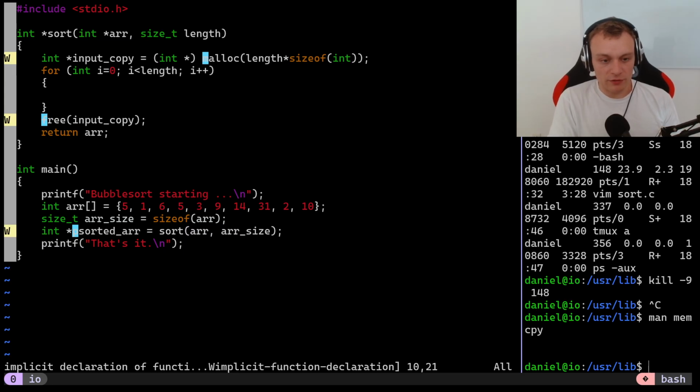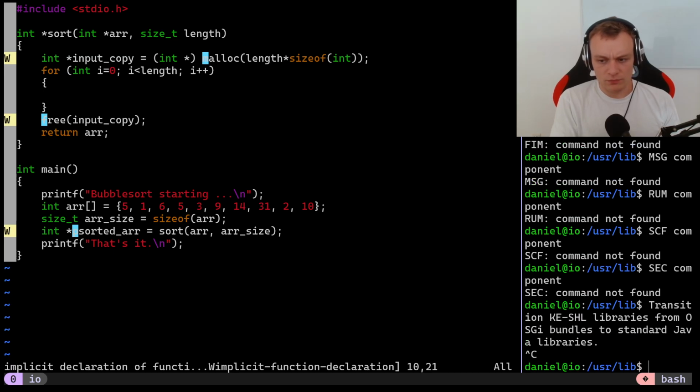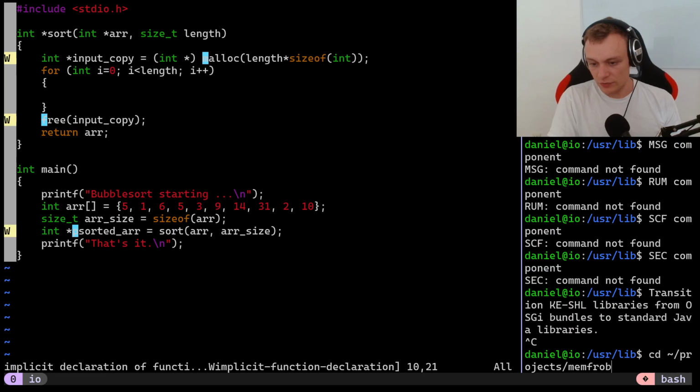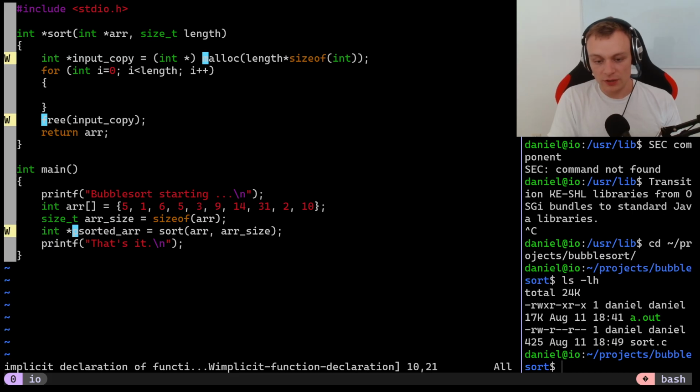There are just a couple of warnings which I'm not happy about right now. So let me go back to the projects directory, bubblesort. There we are. And let's try to compile the software